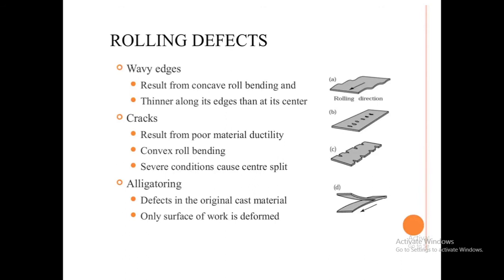There are some other defects. If we discuss scale, scale means the rust on the material surfaces. If this scale is deposited on a surface and remains there while machining or some forming process, or if this scale is present in a die, then defects will arise in the material. So proper precaution should be taken while performing an operation on a material.